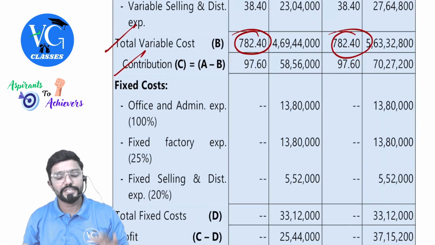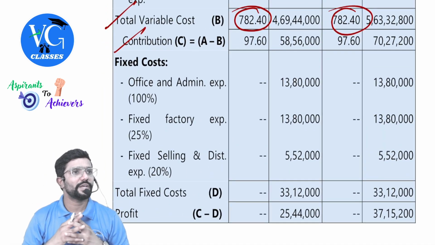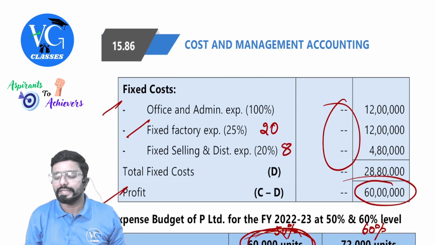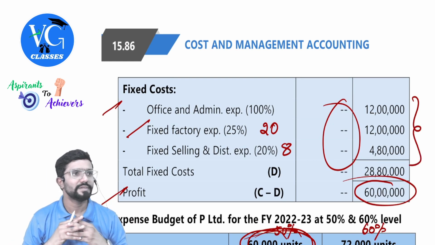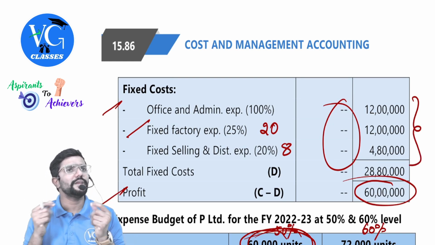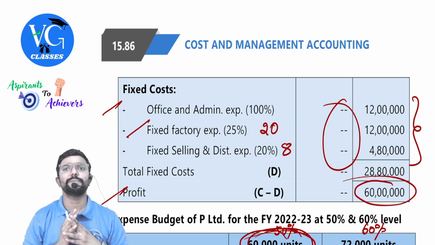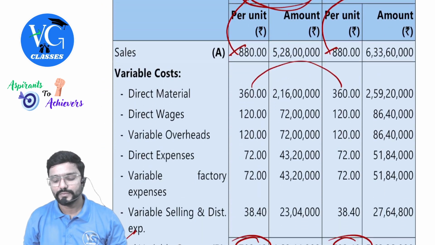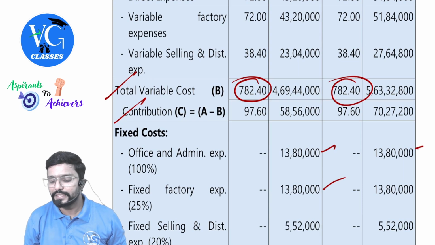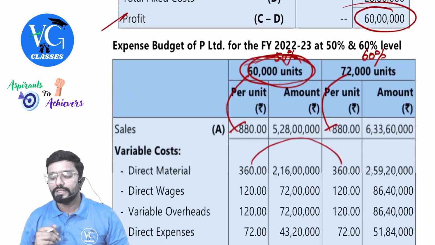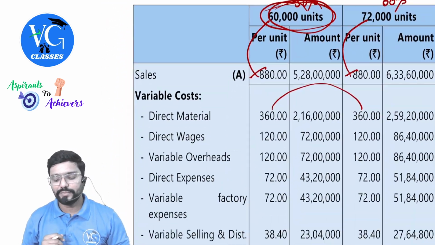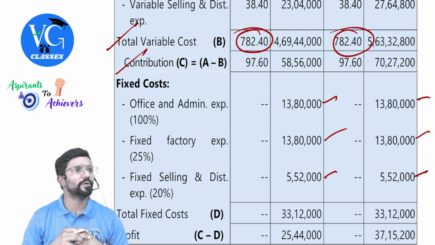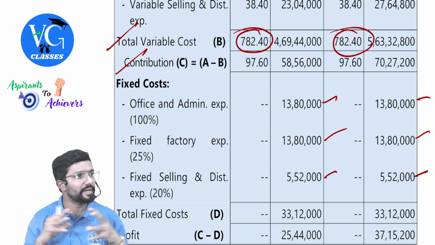Now, coming to, guys, fixed. You can present only in the total column. Now, please be careful. Normally, if nothing is given, guys, I would have copy pasted the same fixed cost, whether that 50% or 60%. But here they have told some increase in fixed cost. How much? 15%. 12 lakh plus 15%, 13 lakh 80,000. Take same. Next, 4 lakh 80,000 plus 15%. 550 to 550. Under both the level, total will remain same, guys.